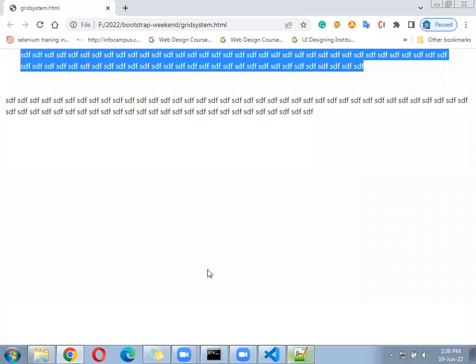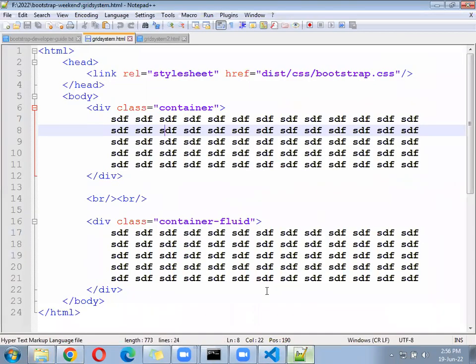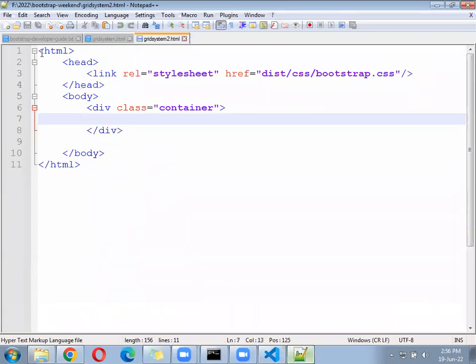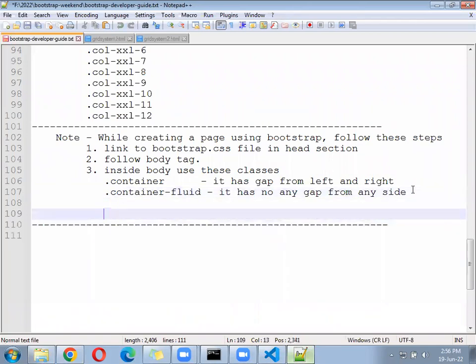Now come to the next example. Container is required every time. In the developer guide, we are going to make a note. Step number 1, we have to link to the bootstrap.css file. Step number 2, we have to follow the body tag. Step number 3, inside the body tag, either you follow container or container fluid, anyone. Step number 4 says,